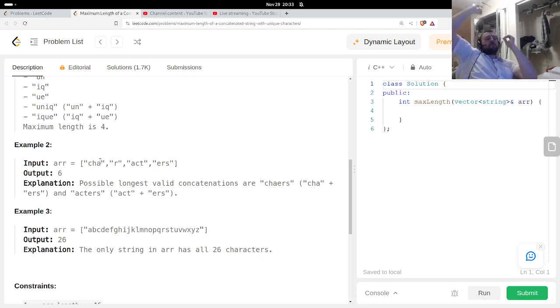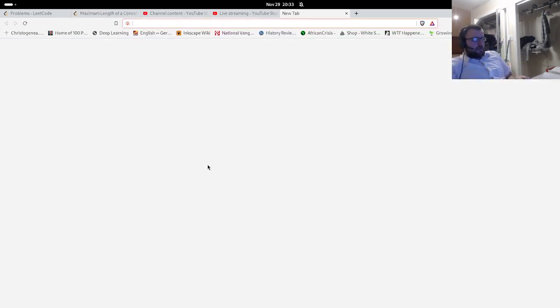But it's not really a subset cover problem. It's a little bit different. It's like a 0-1 knapsack problem, something like that.